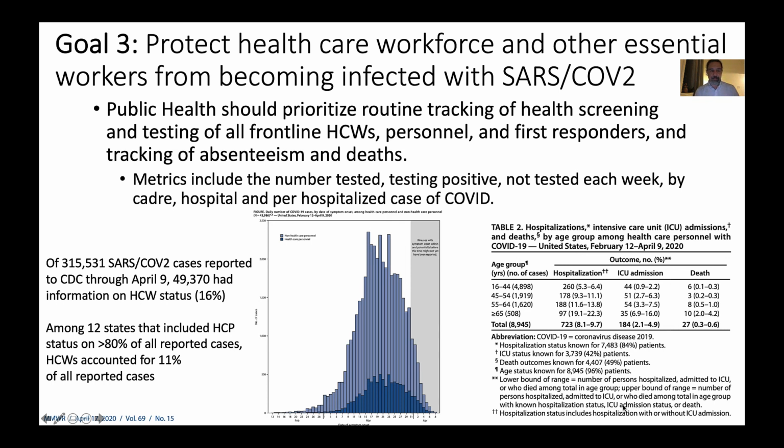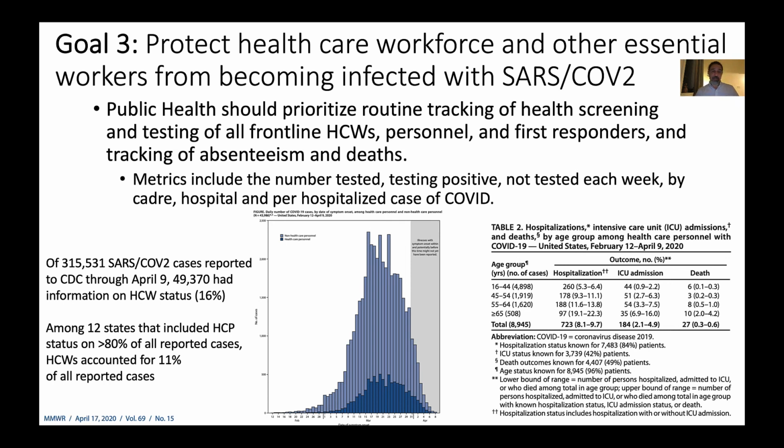at what was going on with SARS-CoV-2 case surveillance more broadly around the U.S. That found that of the 315,000 cases reported to the CDC through April 9th, about 16% had some information on healthcare worker status. And of those, they looked at the case reports, and about 11% of them were among healthcare